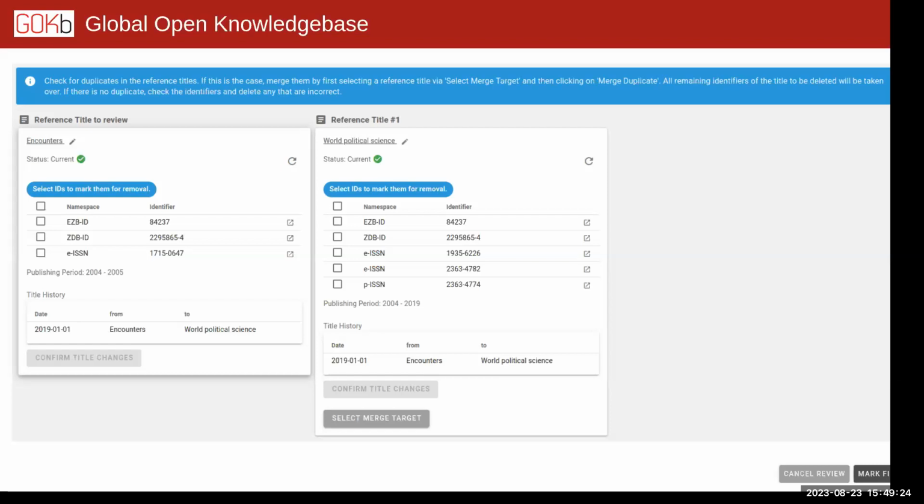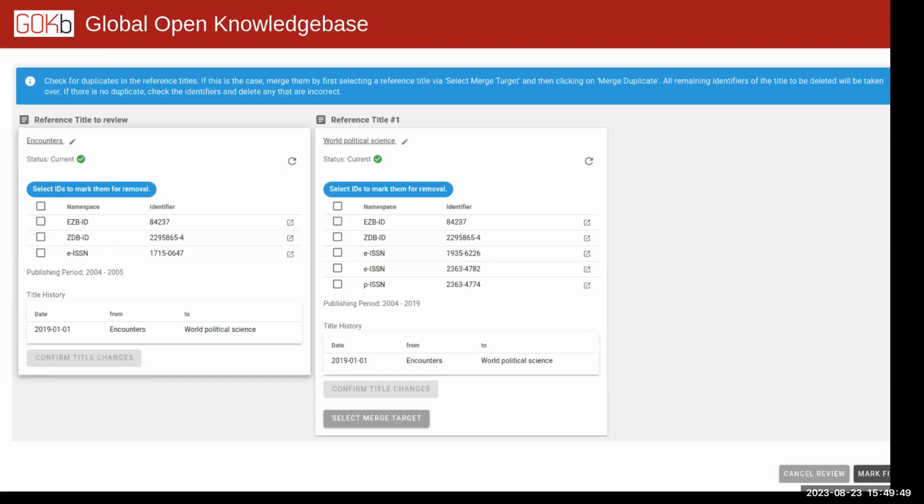This tells us that there's either an issue in the incoming KBART file, or there was already an overlap in our database, which we now stumbled upon via this new import,